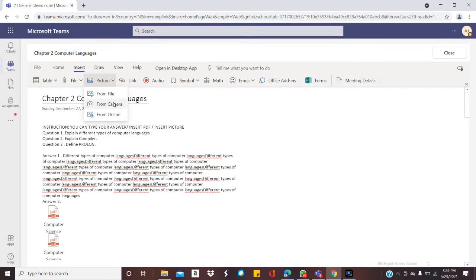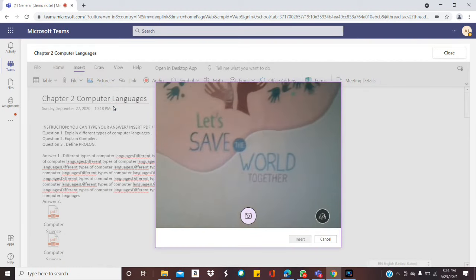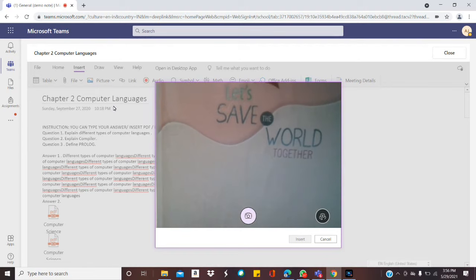From camera also. But from camera there may be some problem with the resolution, focus, etc. Your work may not get submitted clearly, but in an emergency, you can use this as a feature, because the feature is available, and you can just put your work in front of the camera of the laptop or desktop, whatever you are having.